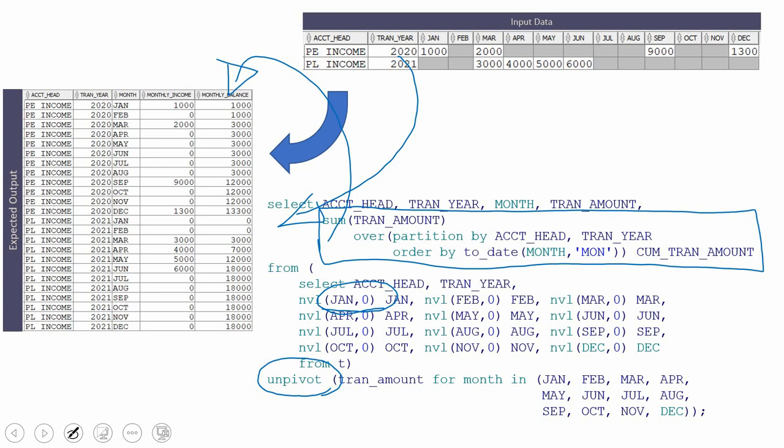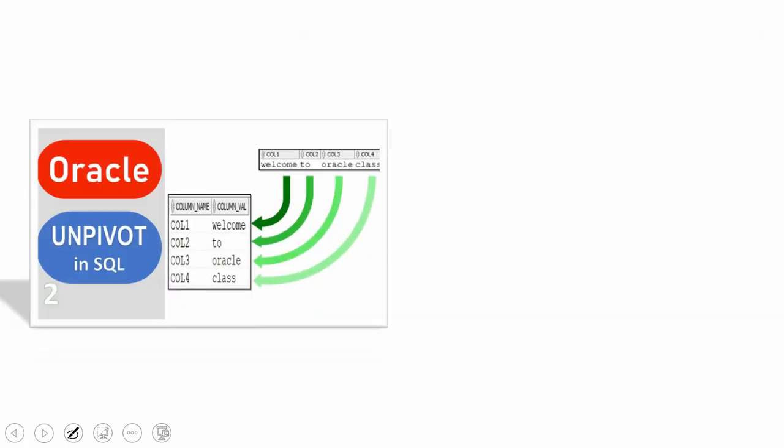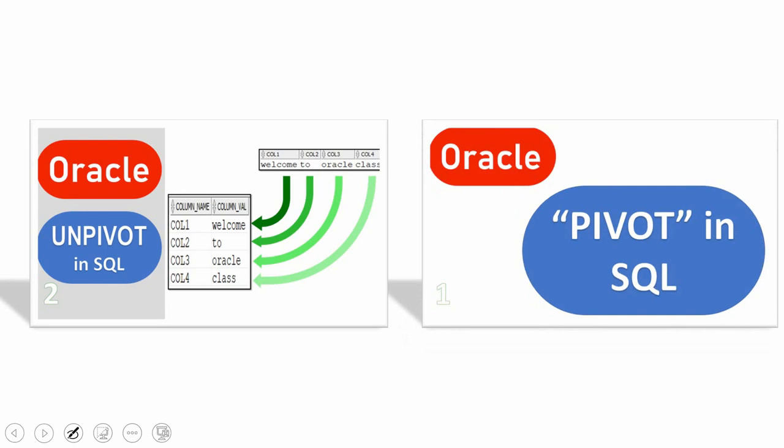To know how this unpivot clause works, I would suggest you to watch the unpivot clause video here. So whenever you are learning the unpivot clause, I would suggest you to learn the pivot clause also, because these two things will make your query much simpler sometimes. In fact, this is one such real-time example that will help you understand how the unpivot clause is used and how it helps us to simplify very complex functionality.